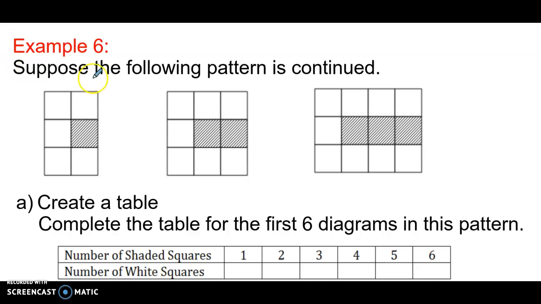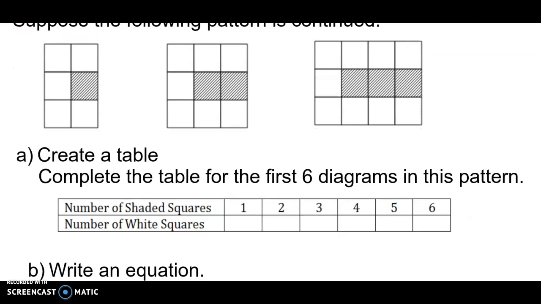In example 6, we have a pattern with 3 figures, and we want to create a table. When we do pattern questions, it's really important that you pay attention to how they're counting. Here they're counting the number of shaded squares and the number of white squares. If we want the number of shaded, that's the top row in our table, the independent variable. Then the bottom row in our table will be the dependent variable, which is the number of white